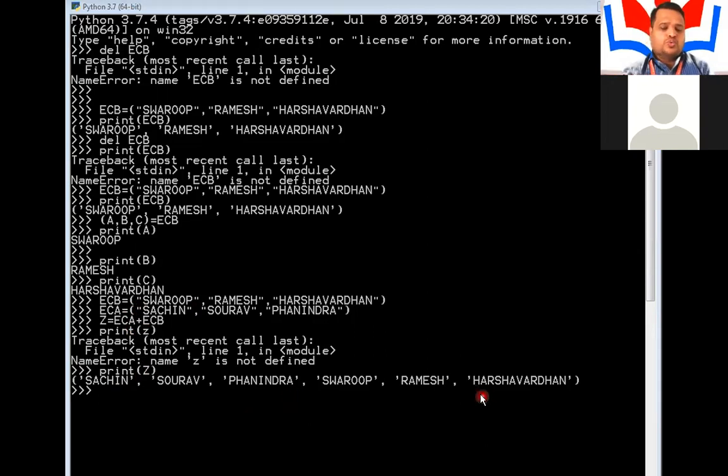Suppose I want to do the vice versa, it means I should get Saurav in the beginning instead of Sachin. So how can I do that? What you need to do is just change the tuple: instead of giving ECA first, you need to specify ECB, and then ECA. Then I will be printing the value of z here.